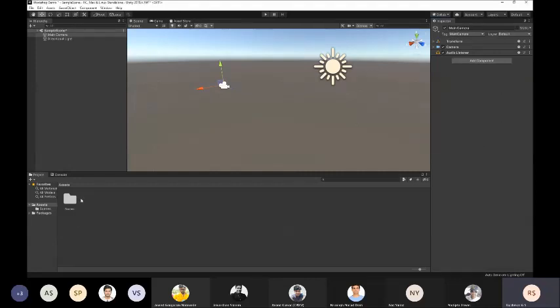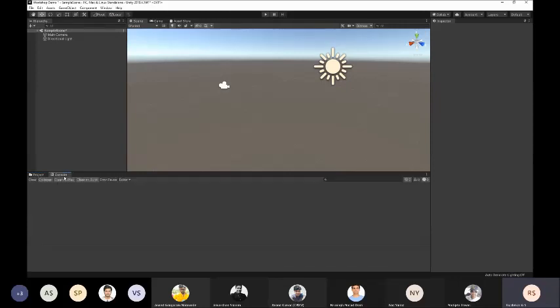Next, we have the project window, and the project window is basically all the assets, all the files, all the audio files, videos, documents. So you can store everything, all those assets, in this project window. But whatever you store in the project window won't come in your scene unless you put it in the hierarchy. So this is just a storage area. Yeah, it's basically just a storage area.